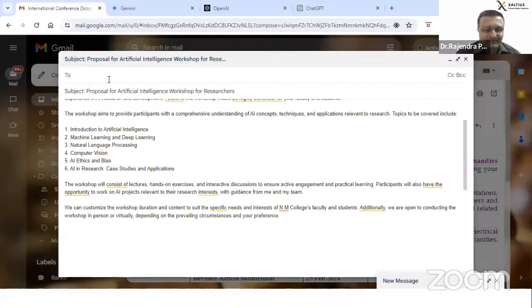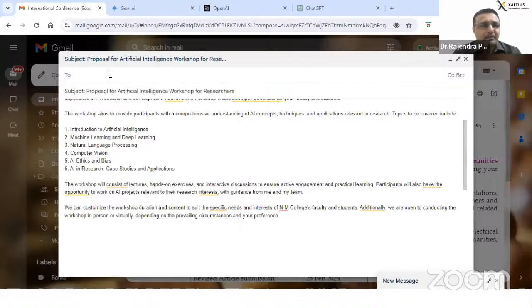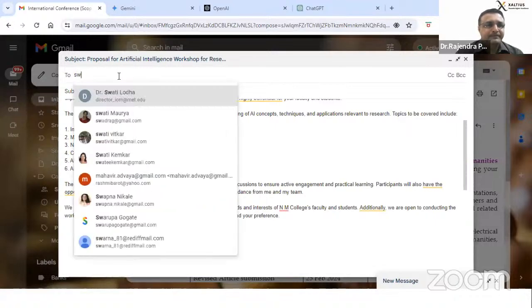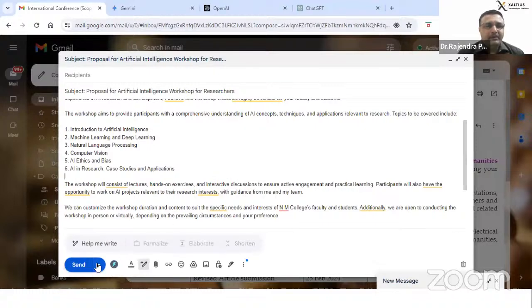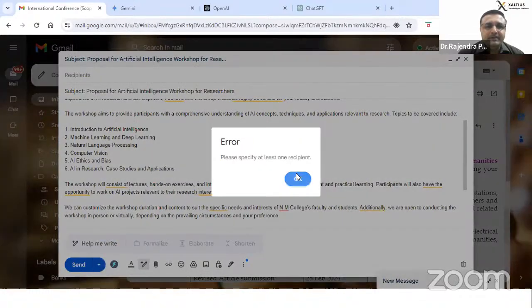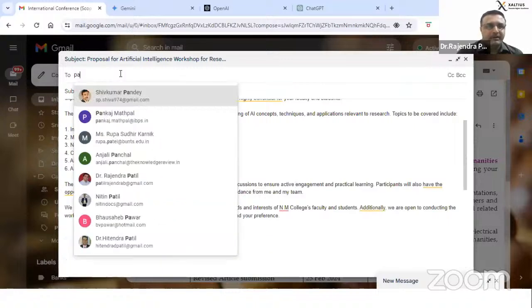Not only that. Can someone mention that mail ID? Not only that, you can go to scheduling. While you are sending, you need to schedule the send. I need to give the option. I will keep myself only.